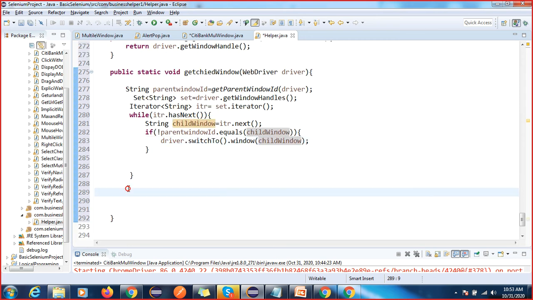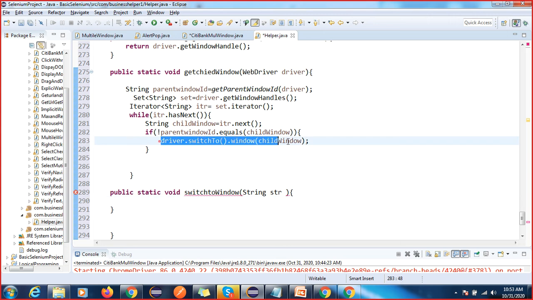So public static void switchToWindow. Here you have to pass one parameter, a string, and then you are able to switch, right? So simply we can call this method. Why is this error coming? Let me check.